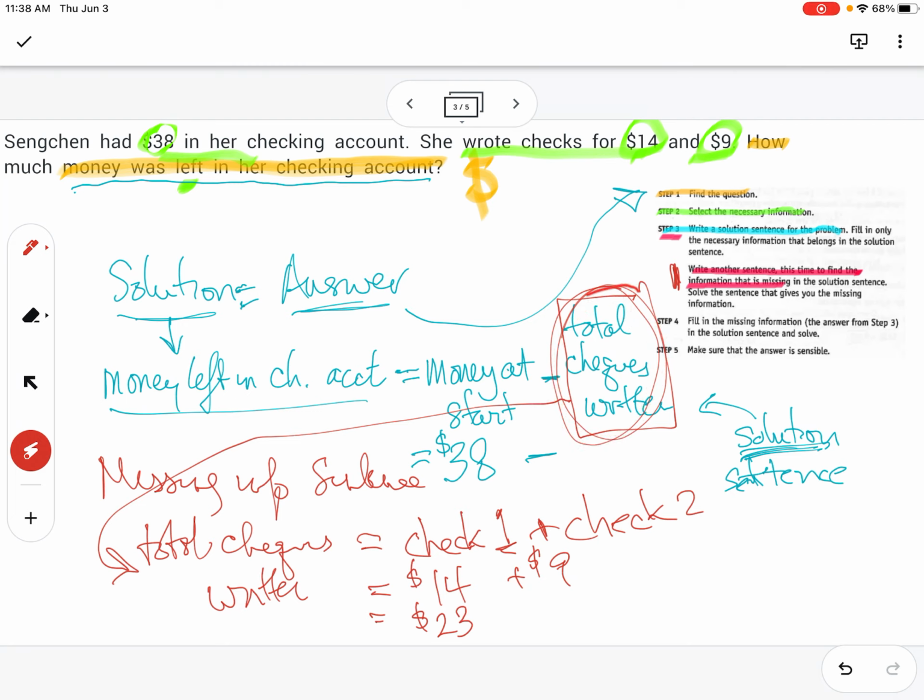So the total checks written, I made a second sentence to show how I can find that. And in the second sentence, these two things that I needed to find the missing information, both of those I had up here in the problem. So I could figure out the missing piece of information, and now I can pop that back into this